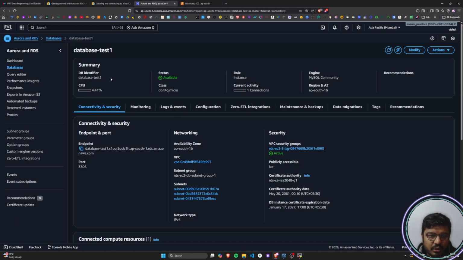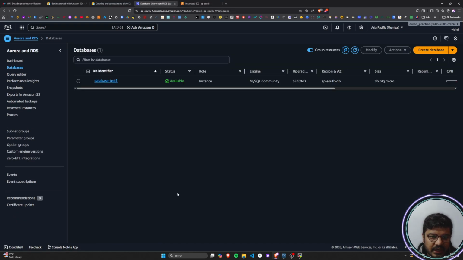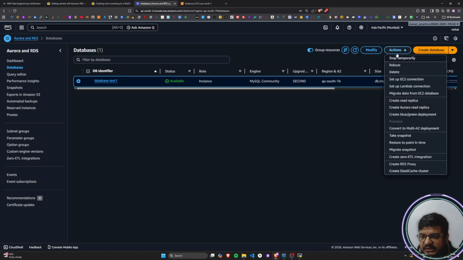Now the same thing I will be doing with my database also, right? I will come here, I will select the database, I will click on the actions, and I will click on delete. One thing